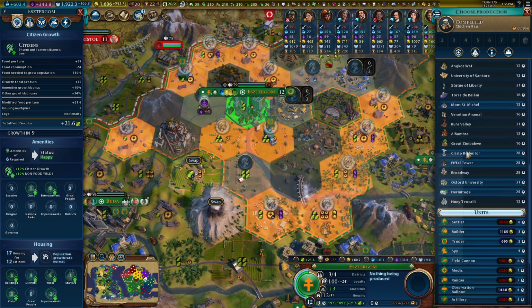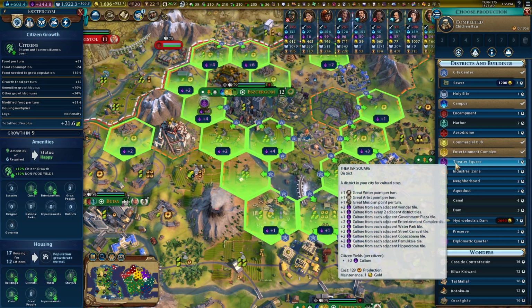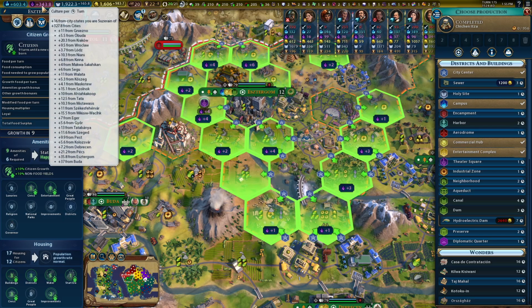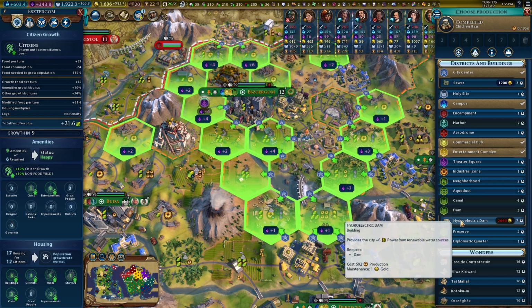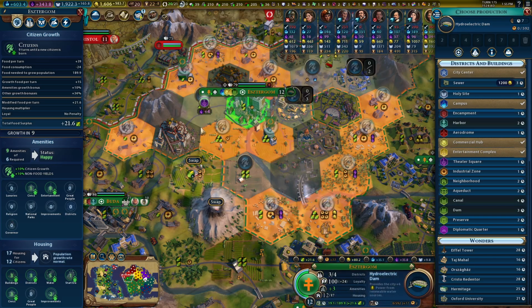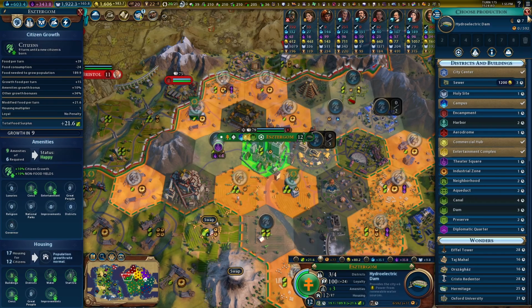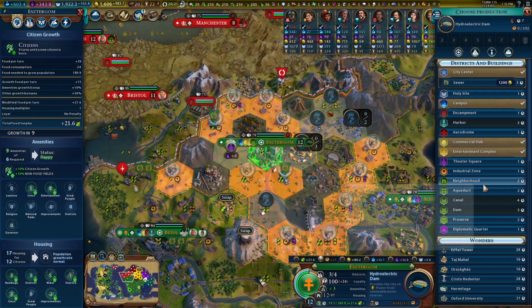But since this is our Wonder City, we could get another district. We have a +6 culture theater square there, but we don't really need it. We're up to 350 culture per turn. That's sufficient. I think it is time to get ourselves a hydroelectric dam just to power some... We have a lot of buildings here, and it's only going to take us 7 turns to build. Our production in this city is 77, which is nuts. It's amazing. We have an increased trade route capacity, so let's...